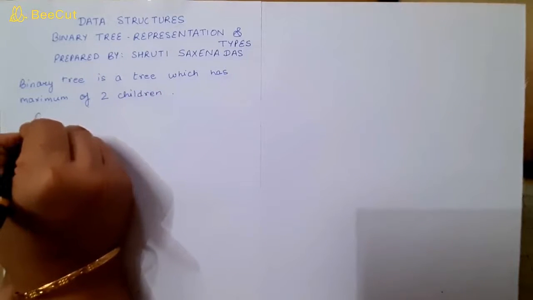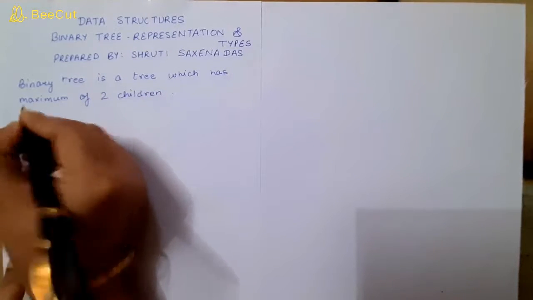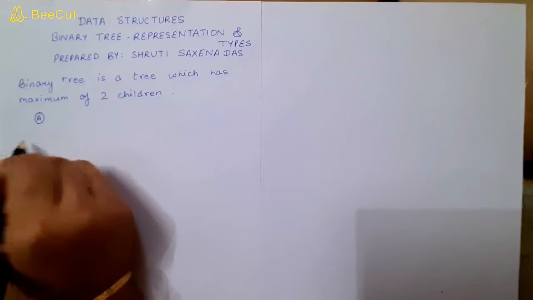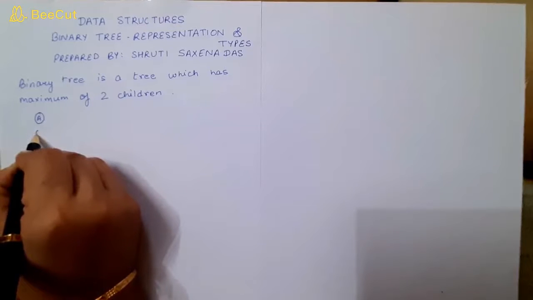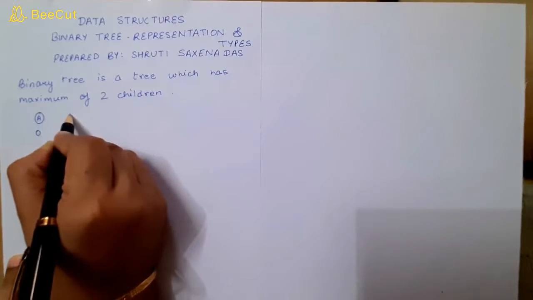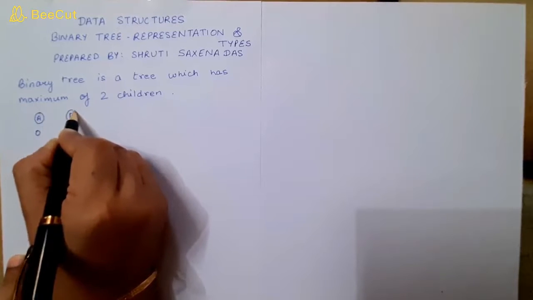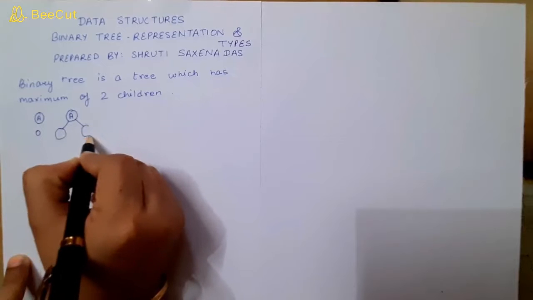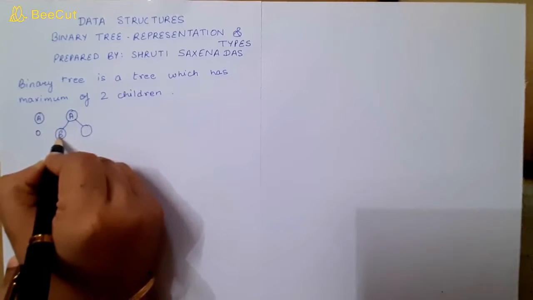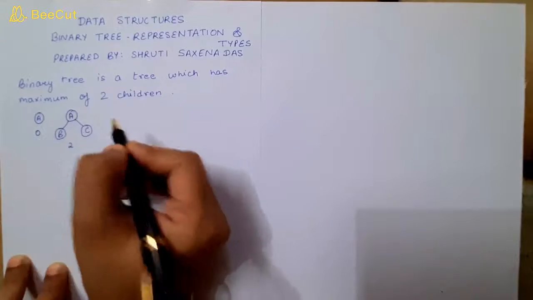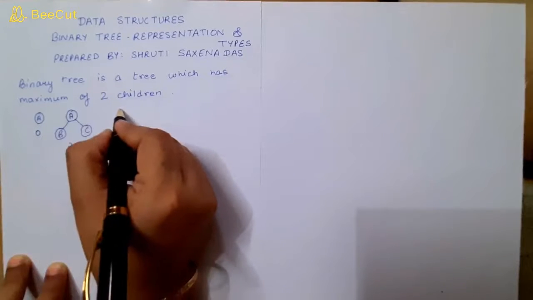So this is also a binary tree, in which a tree consists of a single node. It is not having any child, so here the number of children is 0. Then suppose you have a tree in which you have one left child and one right child. In that case, it has 2 children. So this is also a case of binary tree.